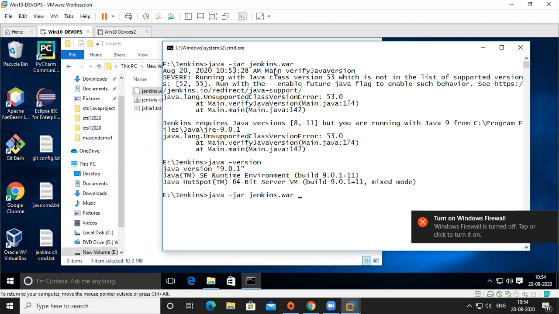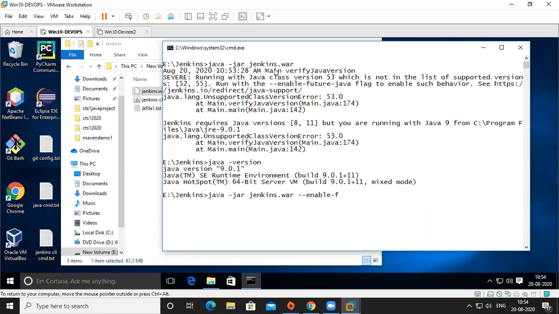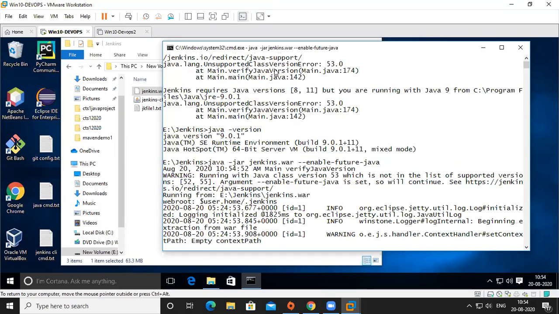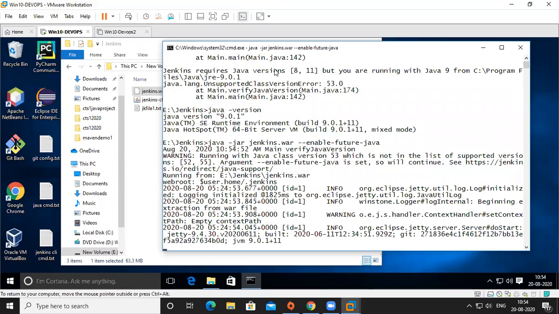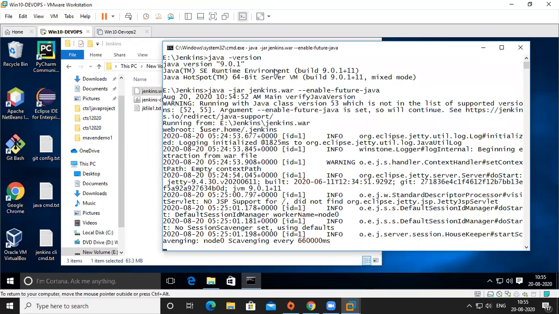It is giving us some suggestion, we'll try. That's why, once we use a version, don't change the version type. That is running, so that suggestion is working. Enabling the feature Java flag means it is working with our Java.